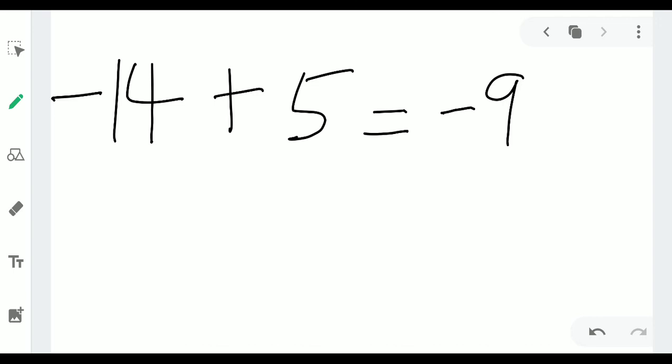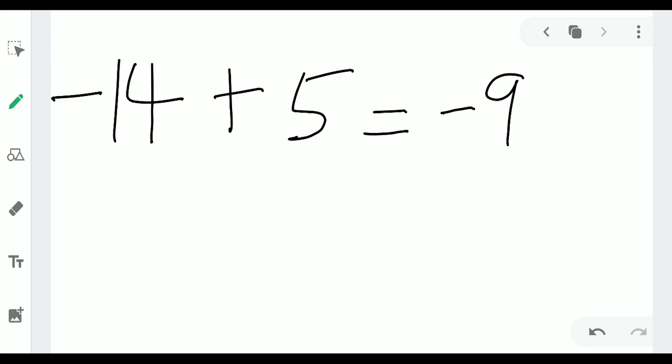Below 14 meters, negative 14. Above 5, positive 5. Very, very simple. So you write it like that. There are other questions that will say it's beneath, on top, or backwards. If it's backwards, it's negative. If it's beneath, it's negative. If it's on top, positive. So you work it like that.